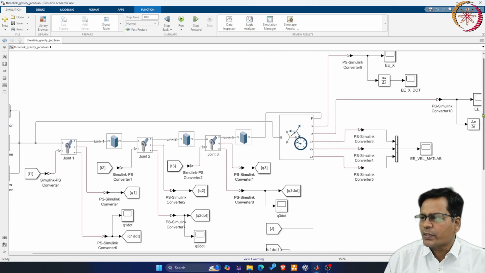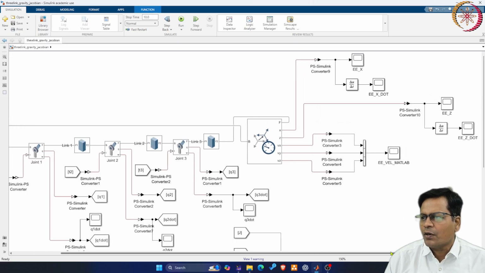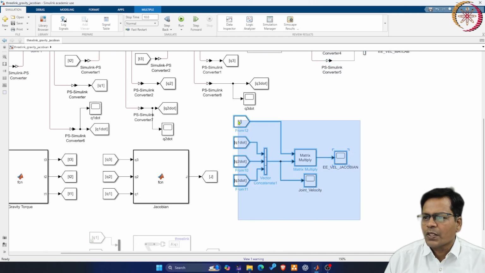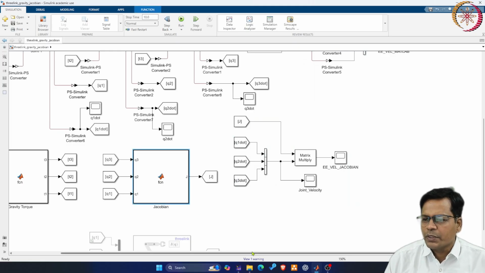So this is the way you can verify, and end effector velocity can also be obtained in multiple ways. You can directly check the displacement, take the derivative and get velocity along x. Similarly, velocity along z. So you can directly take the value here, take the derivative and find out the velocity. That is another way of calculating velocity. This way you can directly obtain the velocity, or you can obtain it using your Jacobian. So that way you validate your Jacobian. So validation of Jacobian is done.